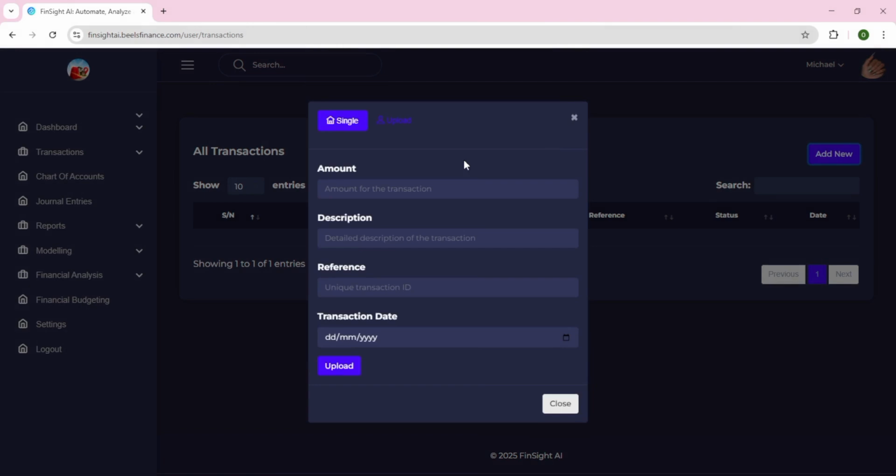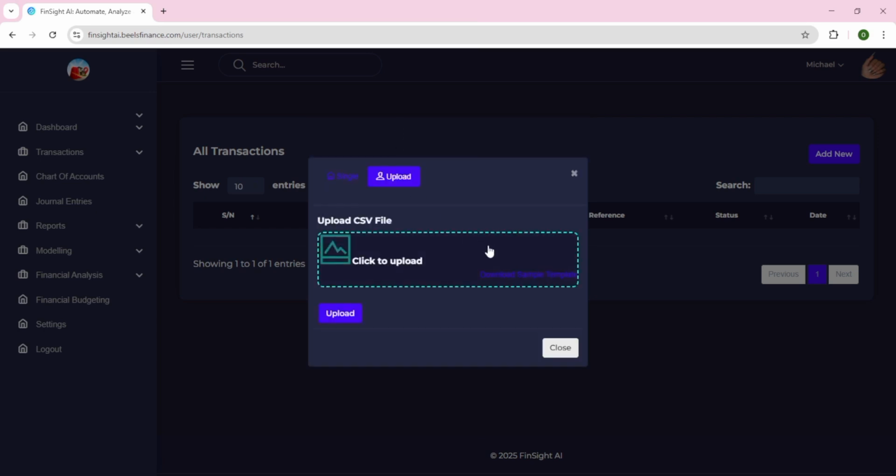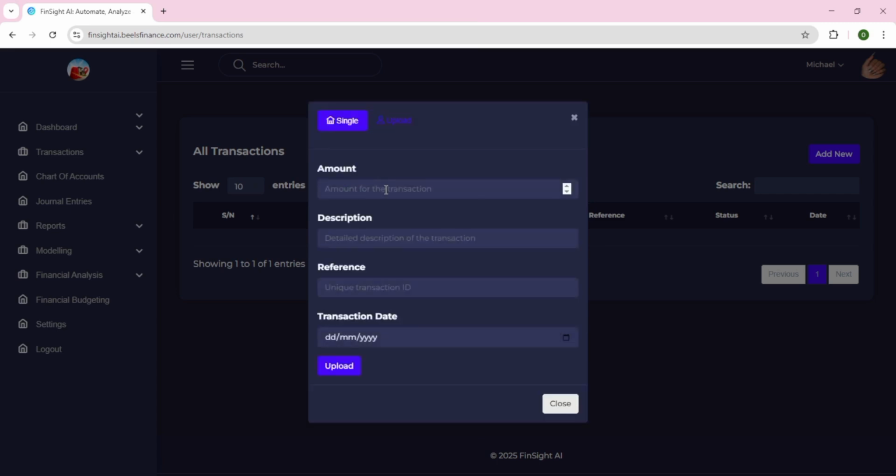Click the add new button, and here there are two tabs, single and upload. For single, you enter your transactions one after the other by filling the form. But if you have your transactions in an Excel sheet, you can upload that here and the system will take it in. So let's input a single transaction. The first thing here, amount. Just going to put an amount,